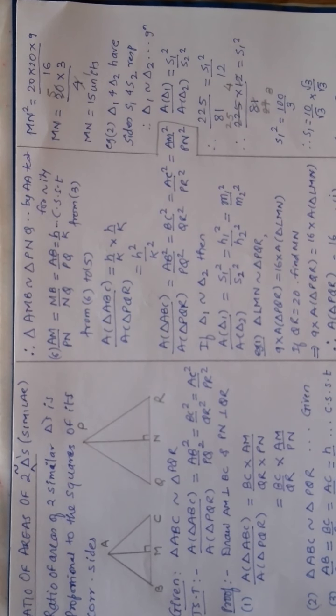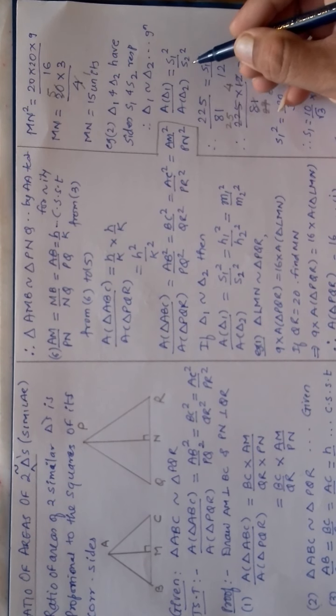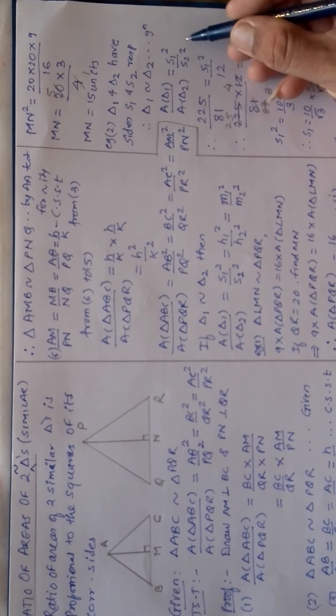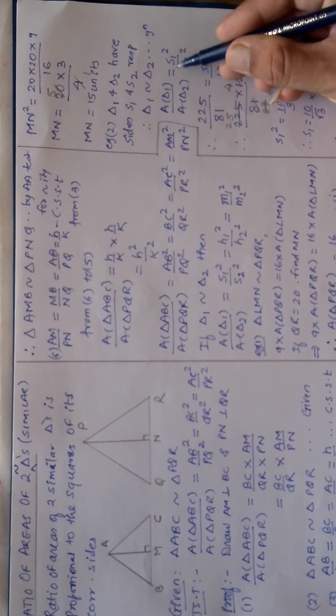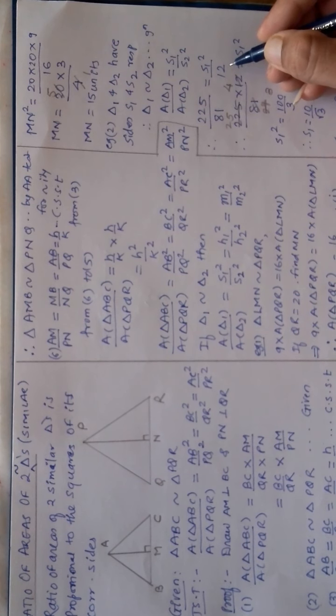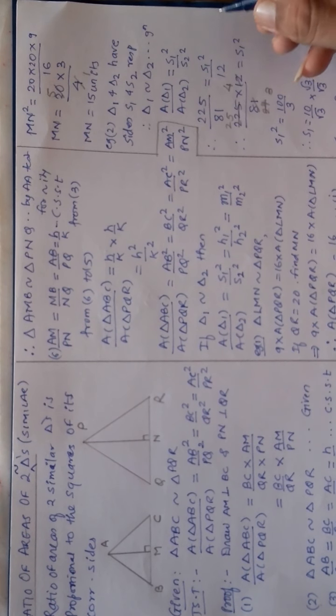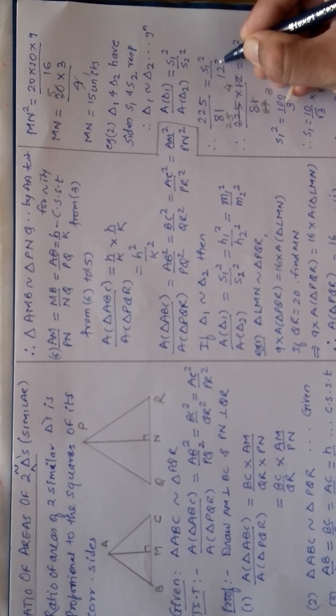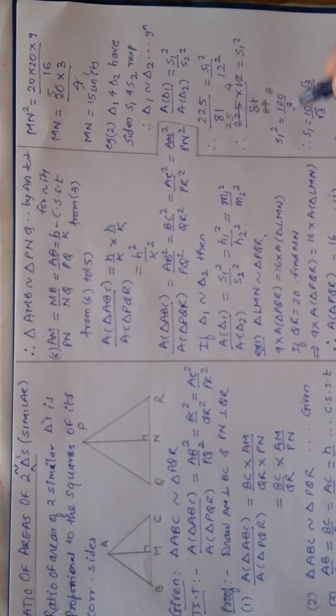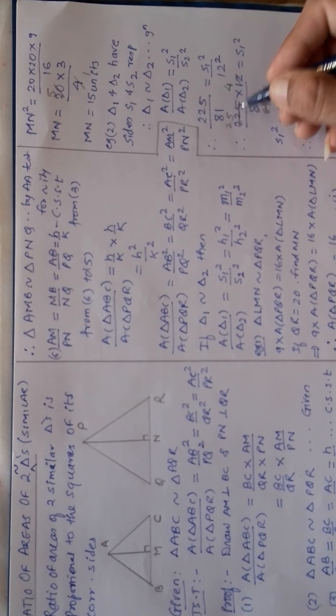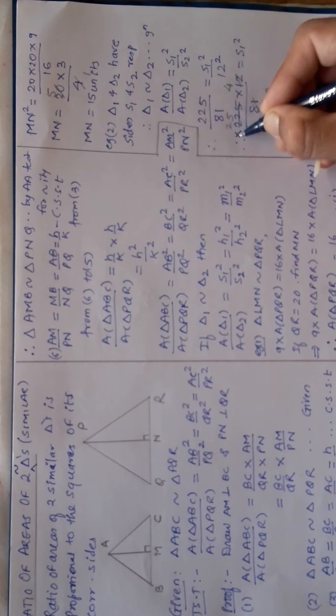So after getting this answer, I have some doubt. So I rechecked it again. The question is correct, but here I made a mistake. This is S2 square, agreed? S2 square, and I wrote just 12 over here. I forgot to write this square over here. So it is 12 square. That means this 12 also multiplies here. So it is here into 12 also.